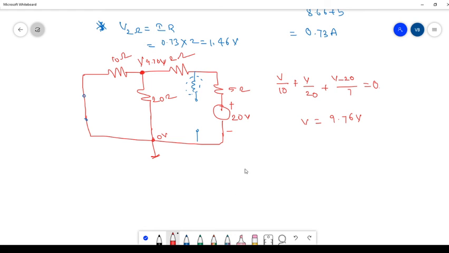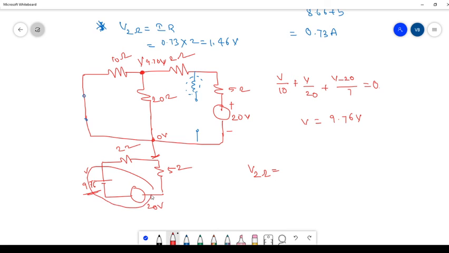9.76 volts. So how do you calculate V across the 2 ohms resistor? This voltage is 9.76, here that is connected to 20 volts. How to write? (V minus 20) by 7. Okay, we are going to use the voltage division principle, connected like this. Let us take this circuit: 5 ohms, this is 20 volts, and this is 2 ohms, and this is 9.76 or whatever V may be. So this entire thing is a voltage source, that we can write as V minus 20. V value we can substitute 9.76, and then we need to calculate the voltage across 2 ohms. These two are connected in series.